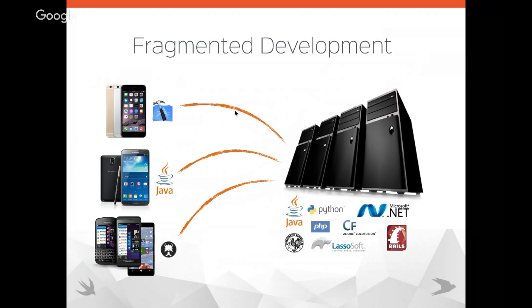Next thing, fragmented development. We're talking here about iOS, Java, and other random stuff on the client side for mobile devices. You've then got a huge pile of potential options. The difficulty is that you've got different front-end teams to your back-end team, and they are often working in different languages, in different IDEs, different environments, and they don't talk to each other very well. They can't read each other's code, and so it leads to a massive mess.